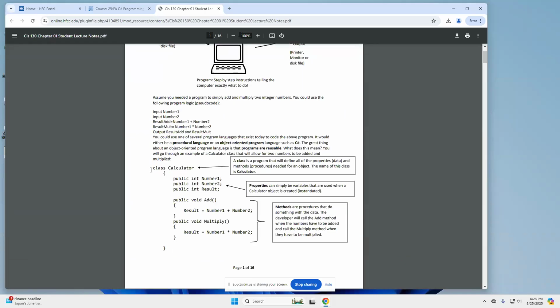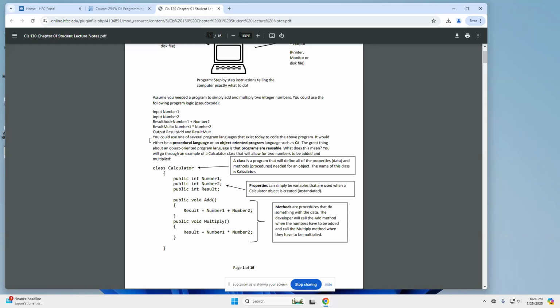So what we're going to do is, you've been familiarized with procedural programming languages thus far in your career at Henry Ford. How many people have heard of object-oriented programming? Well, we're going to be doing object-oriented programming in this class. And so what is an object? An object is anything, okay? So,